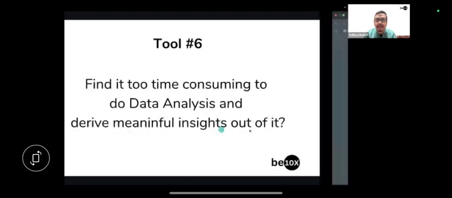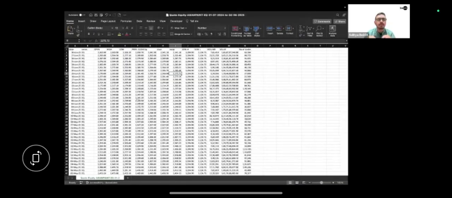Tell me, if I were to give you this Excel file, which is the equity data of Asian Paints from 1st July 2024 to 30th June 2025, basically the middle of last year. Why have we taken older data? Because that is what SEBI expects from us, to take older data.